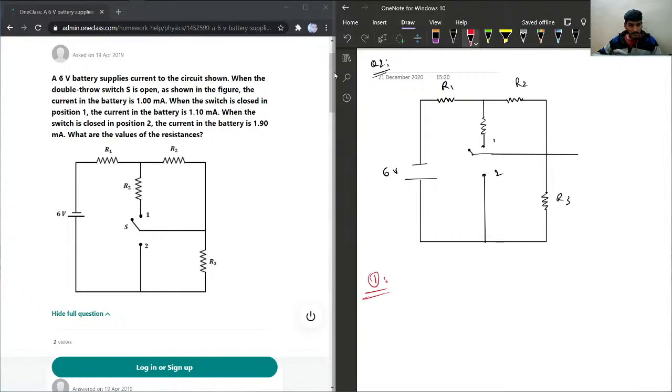so current will pass through this resistor, it will not pass through this branch, and it will go from here and from here. So for the first case it will be like, and then from here, then from here, this will be R1, R2 and R3. So we have for